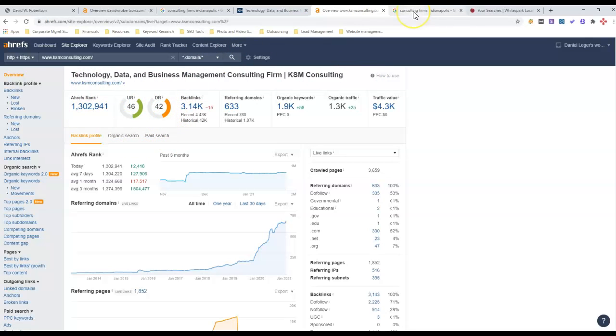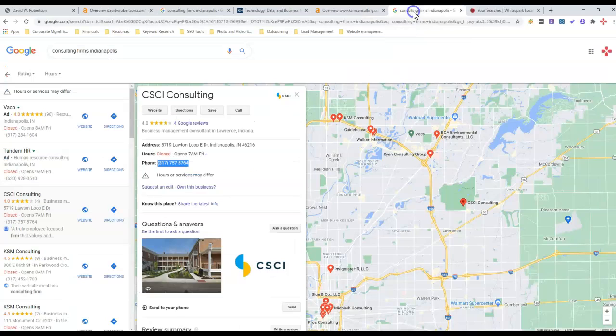Okay, so now what we're going to talk about is citations. So I blew up the map pack here, skipping the ads. Let's go ahead and look at the first map pack listing, which is CSCI Consulting. I'm not even sure if they're the same type of consulting as you, because I know there's different types of consultants out there.